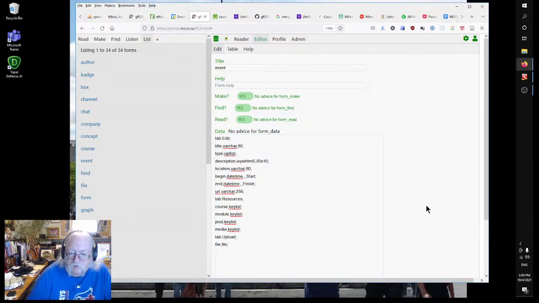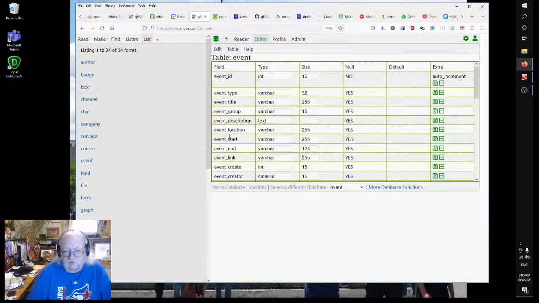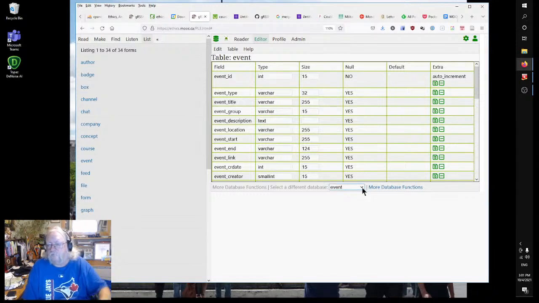Okay. So that's fine. Now, what we're going to do is edit the table because we have start and end as variables, but what we really want are begin and end. Well, I have end already, right? So this is probably why I was having problems with finish as well. So I'm going to create a new table element called begin. So what I'm going to do then is